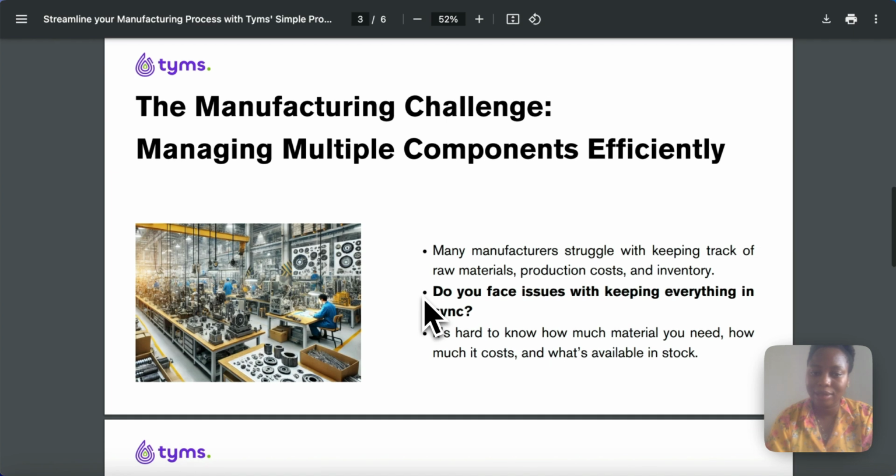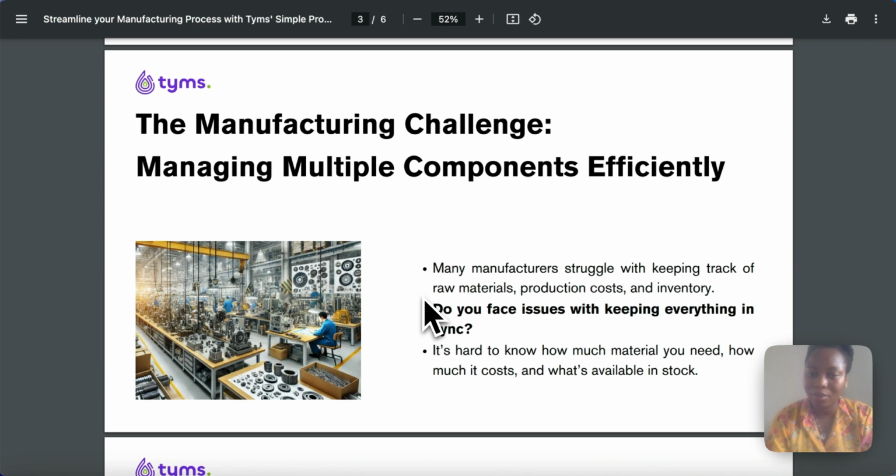Now let's get started. What is the problem? When it comes to manufacturing, you require different raw materials to produce your finished goods. Let's just, for instance, say ABC Foods is a company that produces ice cream. Their raw materials would be sugar, milk, and water, which they need to use to produce ice cream,